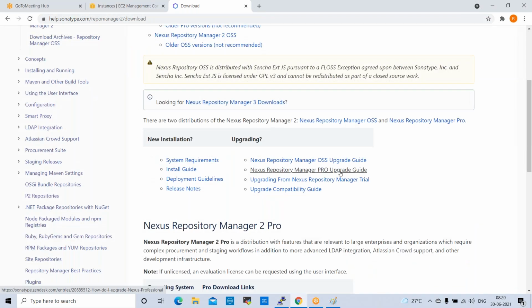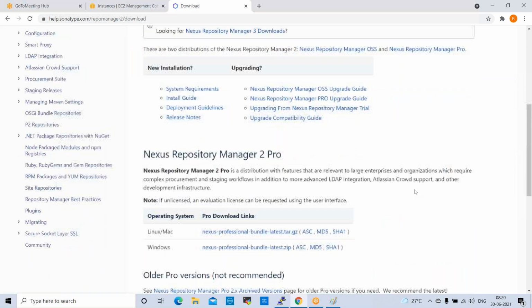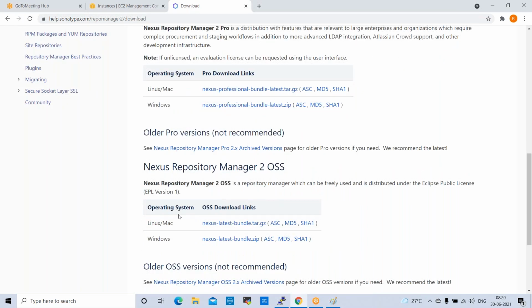Yeah, the OSS version we need to download. So you can click on this.